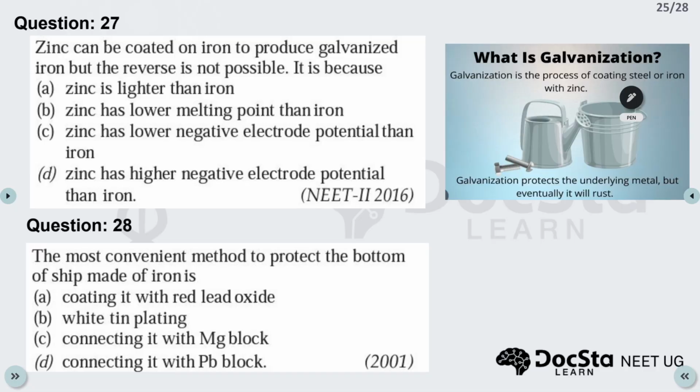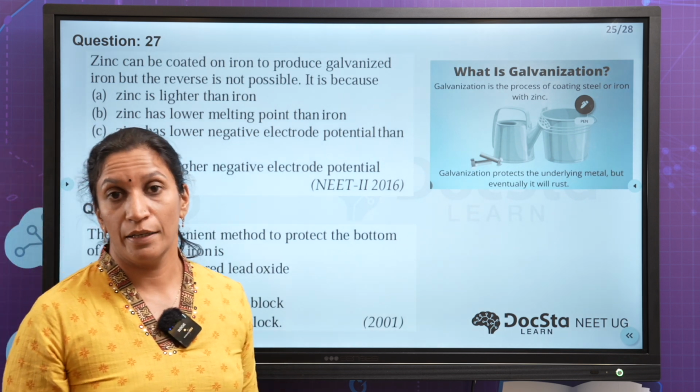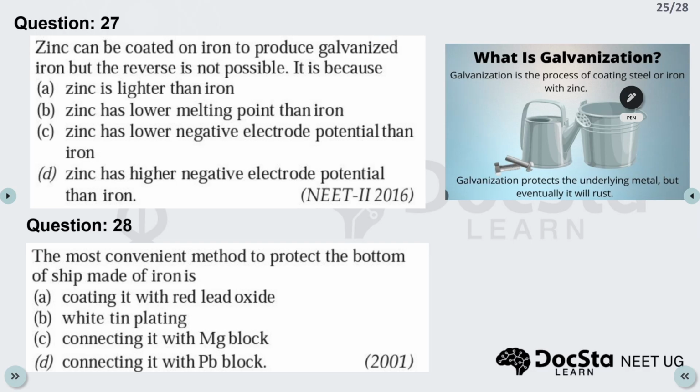Okay. Next is a problem related to the topic corrosion. Zinc can be coated on iron to produce galvanized iron, but the reverse is not possible. Why? We know galvanization is a process of coating iron with zinc. The question is why we cannot do the reverse. So what will be the reason? We know the reduction potential of zinc, that is E0 Zn2+/Zn is minus 0.76, and that of iron, E0 Fe2+/Fe, is minus